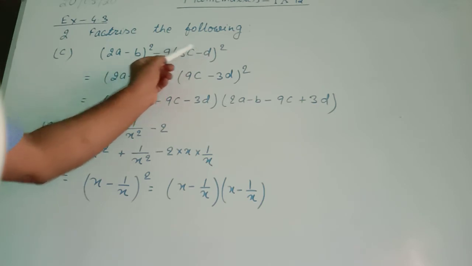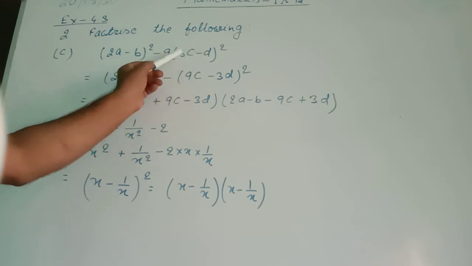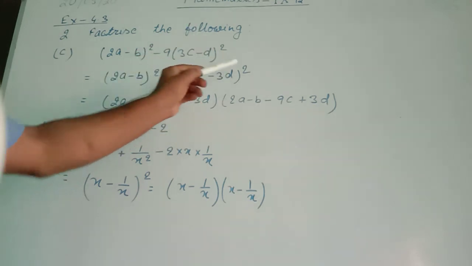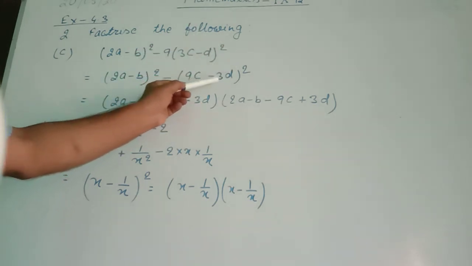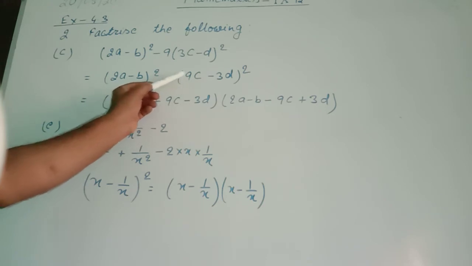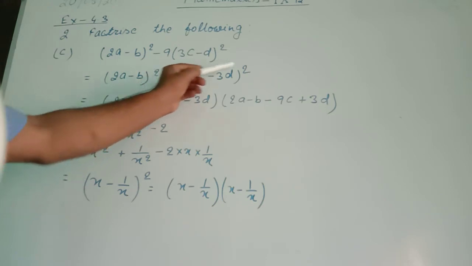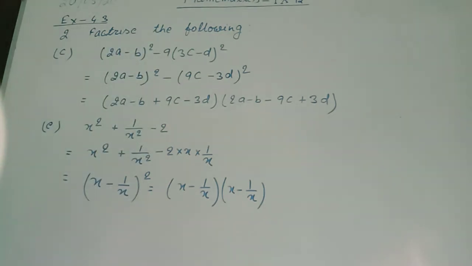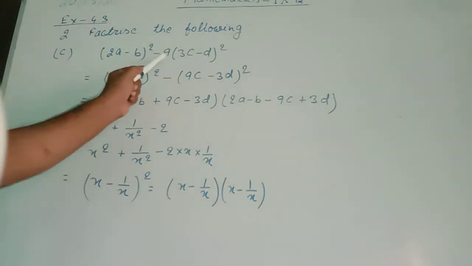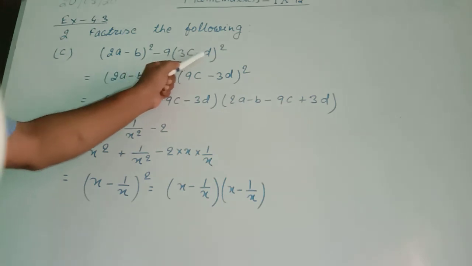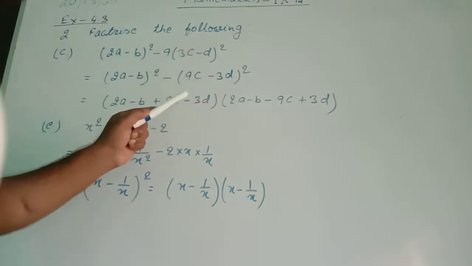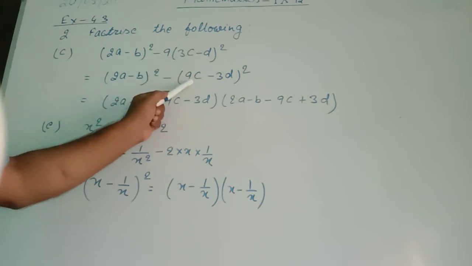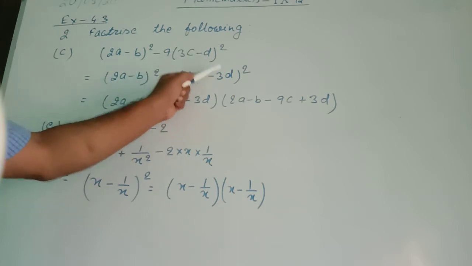So these two terms will be multiplied by 3 only. 3 into 3c, 9c, 3 into d, 3d whole square. Now you can take 3 common, so 3 will come out, but 3 alone will not come out. 3 square will come out, and 3 square equals 9. So I say, when you take 9 inside, then these two terms will be multiplied by 3 only. I multiplied these two terms by 3 and I got 3 into 3c, 9c, minus 3 into d, 3d whole